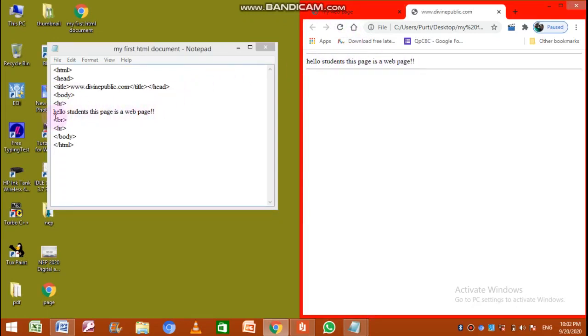After this, the BR tag is used for changing the line to the next line. Then HR again, one more horizontal rule, you can see, and then the body is closed, and then the HTML program is closed, then saved and then executed. So this is how a simple HTML program can be created, and later on we can upload it on the internet so that everybody who is connected to the internet can view that web page.